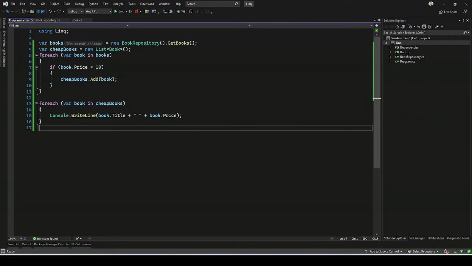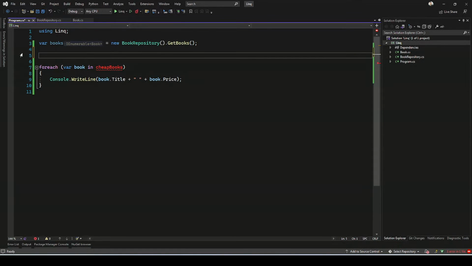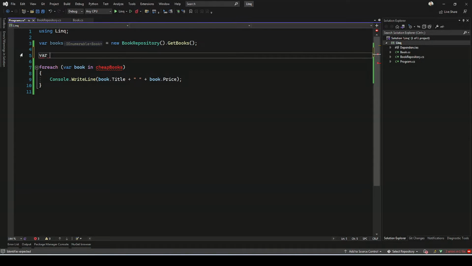Now with Linq, you can get rid of this piece of code here and do it with one line of code. So how? All you have to do is to say var cheapBooks equals books dot